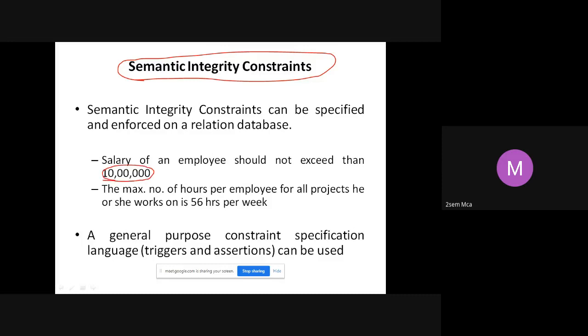That means whenever I am declaring the salary as an attribute, I will put a constraint there that salary should be less than or equal to 10 lakh. And then maximum number of hours per employee for all projects she or he works on should be 56 hours per week. If you remember, works on was a relationship which had an attribute called number of hours.